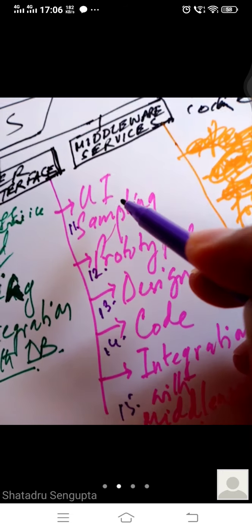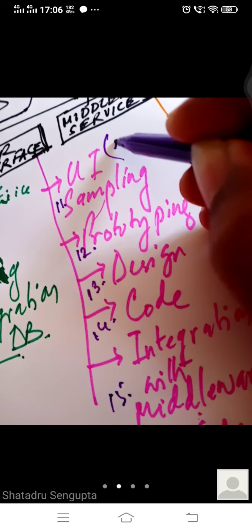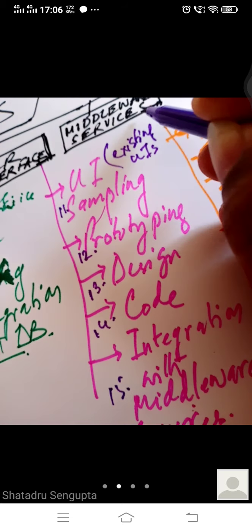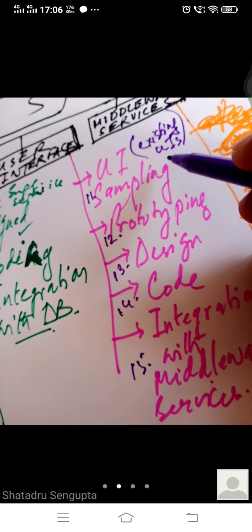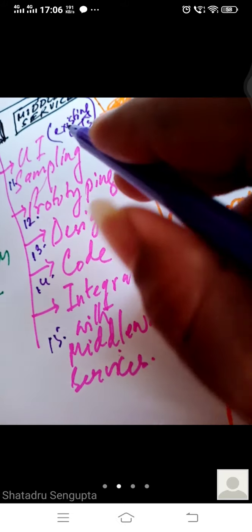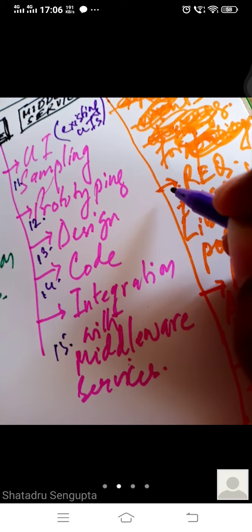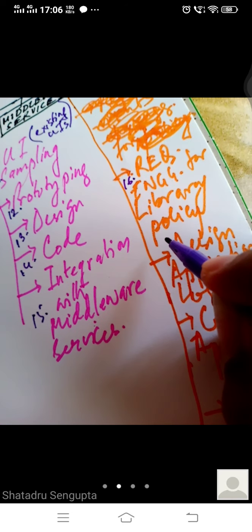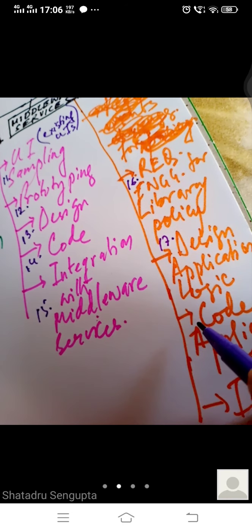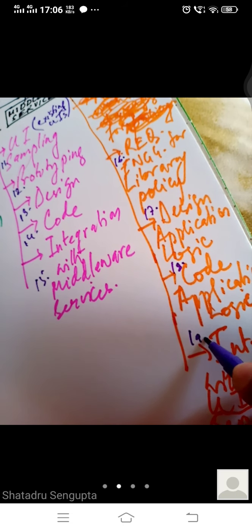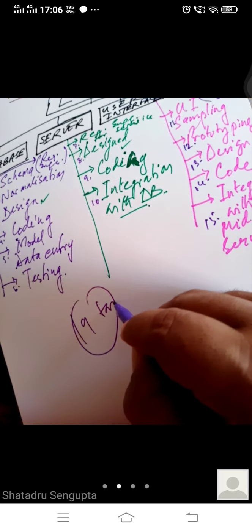Okay, UI sampling means that you sample the existing UIs, user interfaces, to see which one is suitable. If there is an interface that these people are already using, you better use that interface. If there is something new that you have to make, then it's a long, big task, and people will have to be trained in that interface also. So there are total 19 tasks,